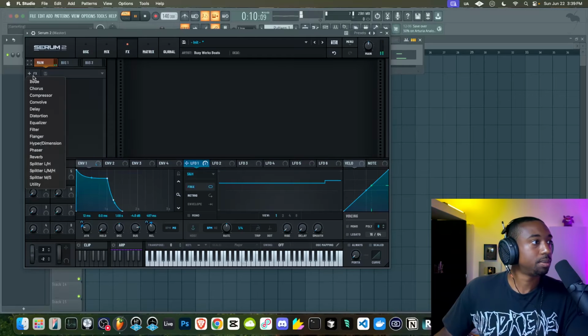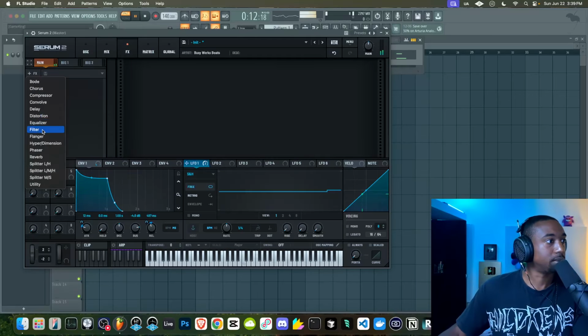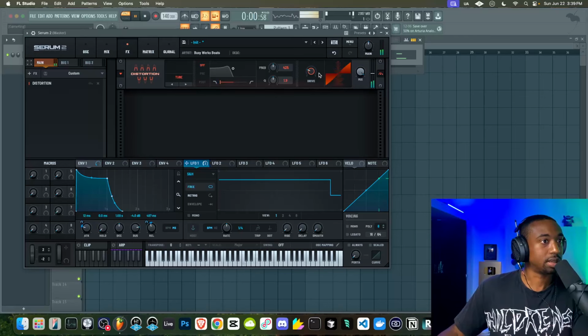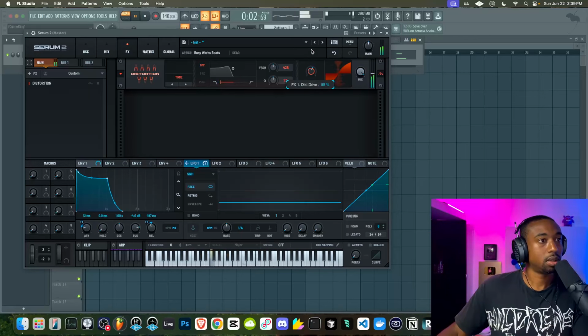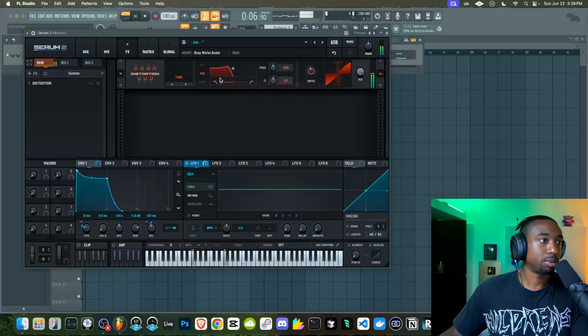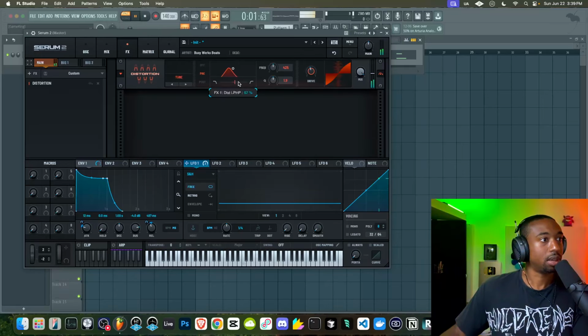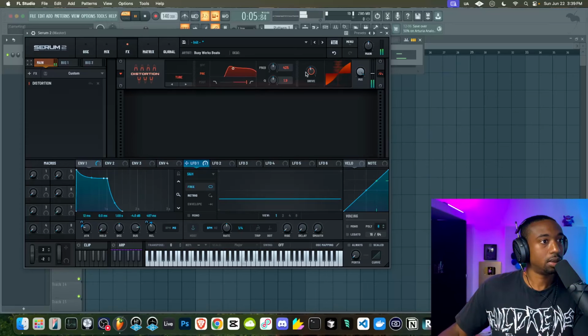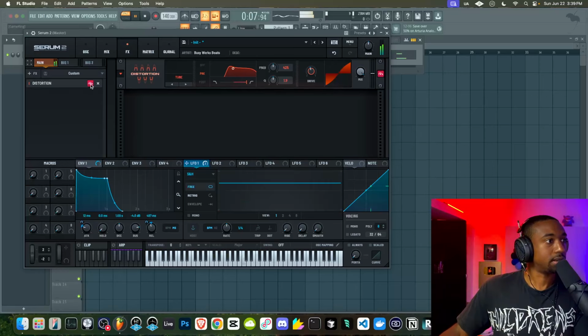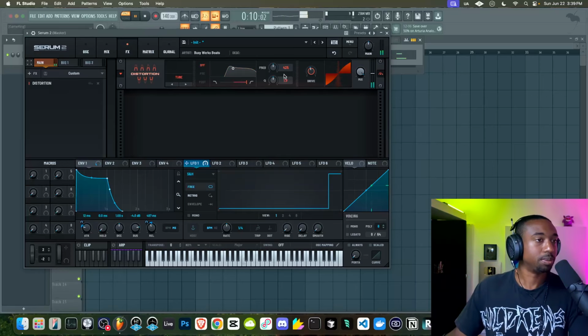Let's go to the effects here. I'm going to mess with some distortion here before we start adding more voices. Let's mess with this tube saturation. Let's do some pre-filtering here. Let me see here. Pre-filter. Only thing I don't like about the pre-filter is that I can't control the output as far as the frequency content. So let's not mess with the filter on this one.